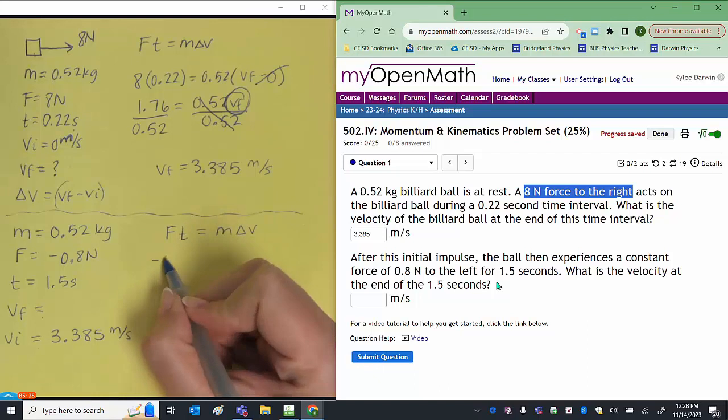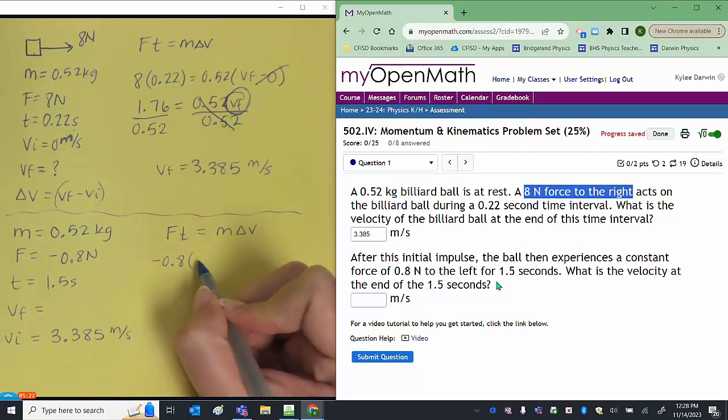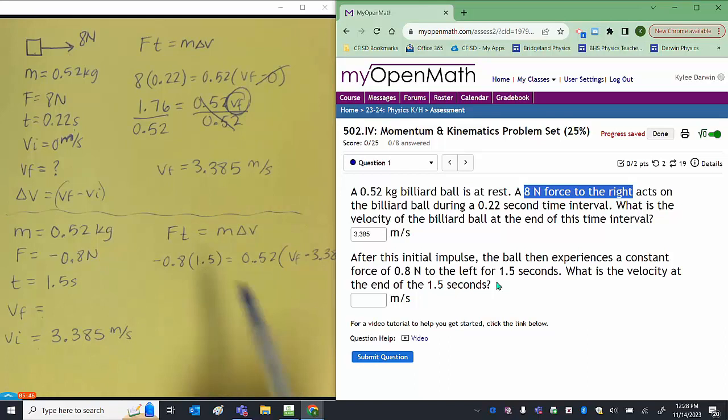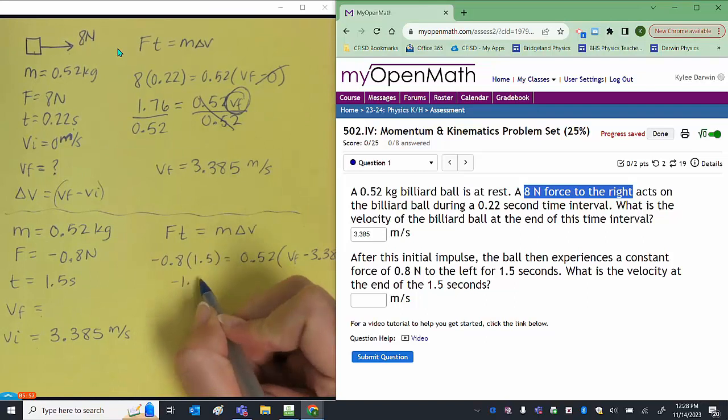My force this time, negative 0.8. My time this time, 1.5, equals 0.52. That's my mass. And again, change in velocity is VF minus VI. VF is what I'm looking for. VI is 3.385 in this problem. And so from here, I'm going to multiply negative 0.8 times 1.5 to get negative 1.2 equals